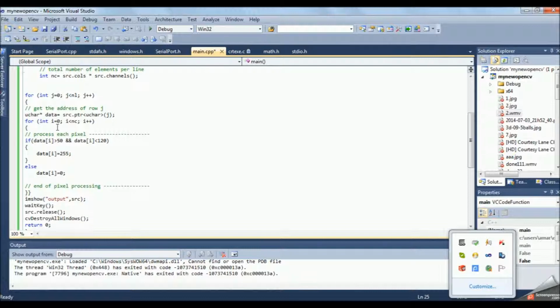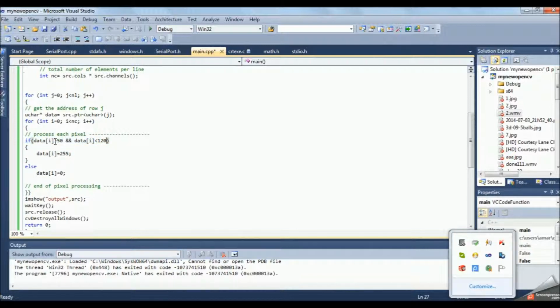So when j is equal to 0 and i is equal to 0, we start from the first pixel, and when j is equal to 640 and i is equal to 480, we are at the last pixel. When j and i are equal to 0, we are at the first pixel, and we apply the if statement on the intensity of that pixel.